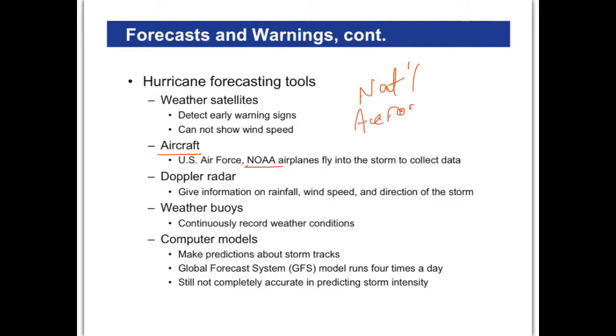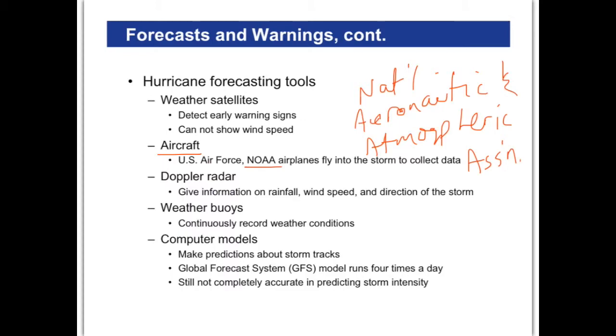Aeronautic and Atmospheric, sorry, my handwriting's pretty bad right there, Association. Okay, that's basically the main weather entity in the U.S. government. Okay, wait. Oh, did I have that wrong? I'm sorry. No, I'm thinking of NASA. It's not National Aeronautic. It's National Oceanographic. Oh goodness, I'm trying to give you too much information right here.